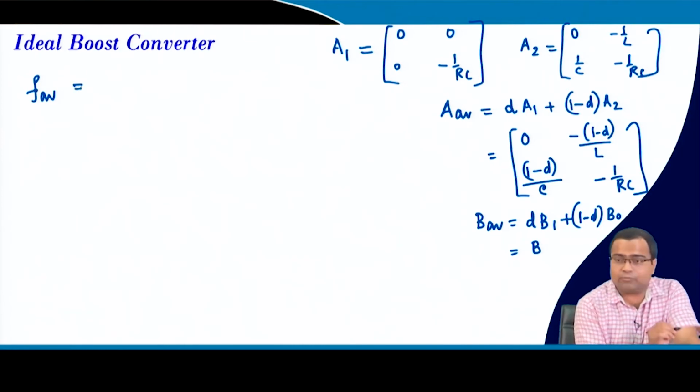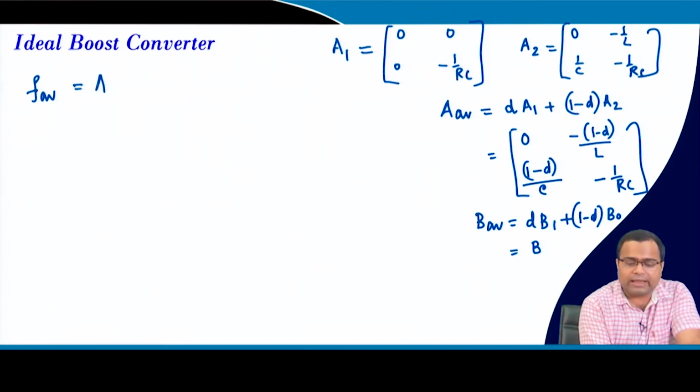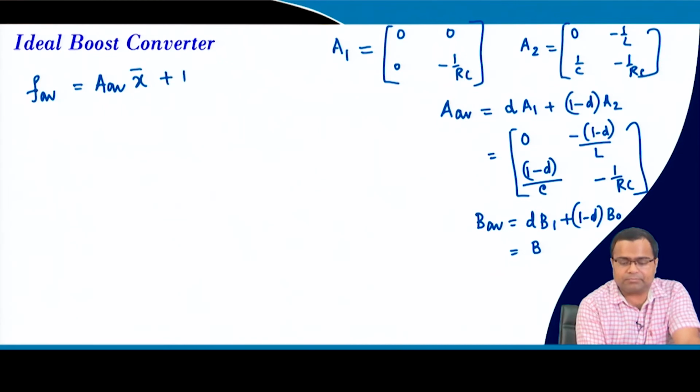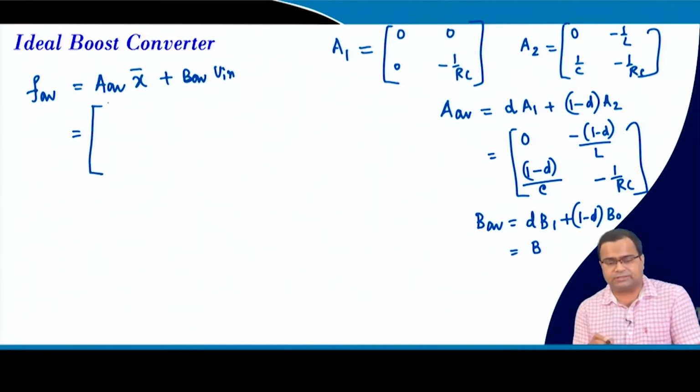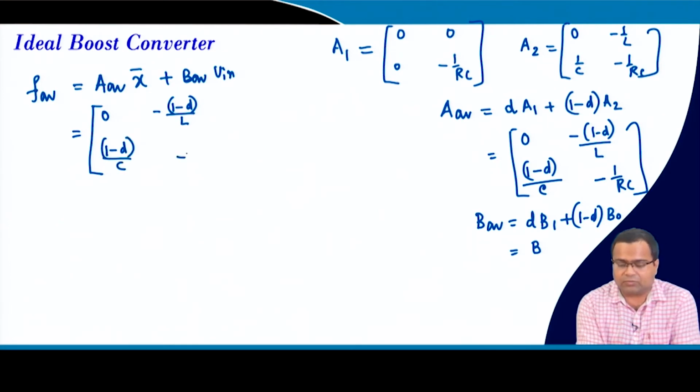So, F average in a boost converter is nothing but A average into X plus B average into V. What is that? This is nothing but, if we consider this, 0, minus (1 minus D) by L, (1 minus D) by C, minus 1 by RC, into X1, X2,